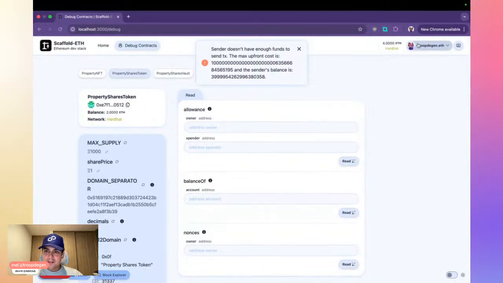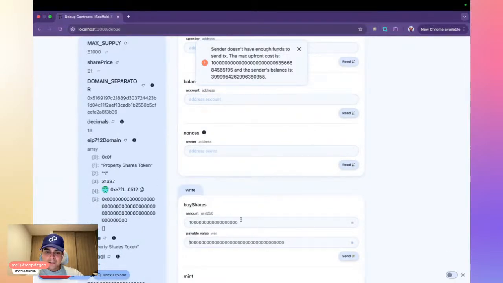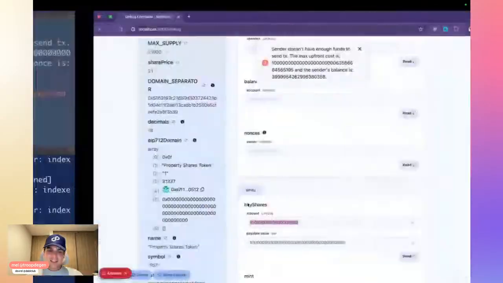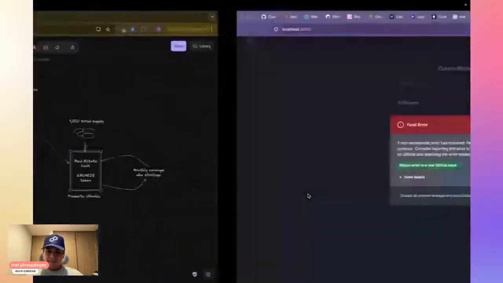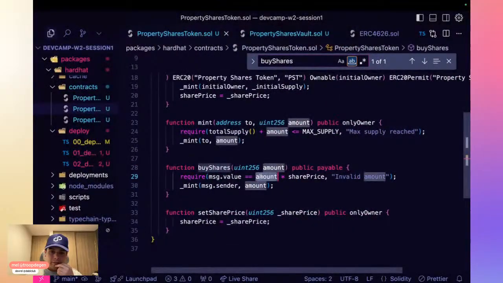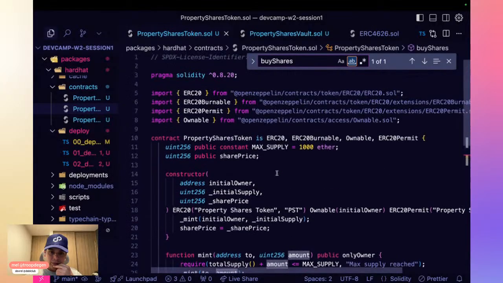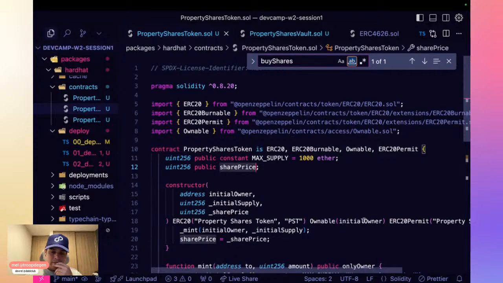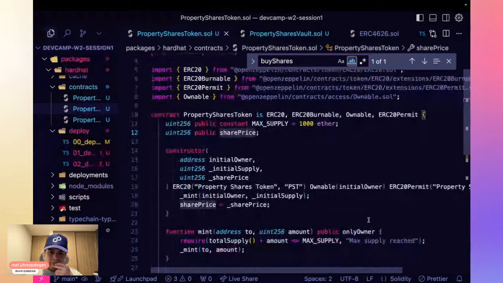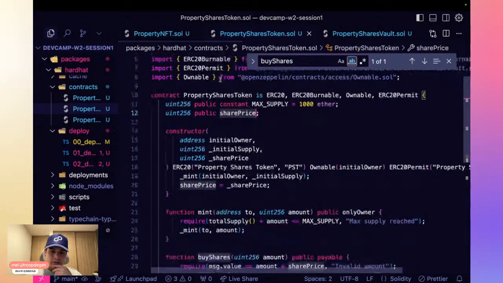I don't have enough. Yeah, the problem is that it's minting the amount here. We're not sending the proper... The share price is 1 ETH, but the amount is just because the amount. Maybe we'll start with 0.1.